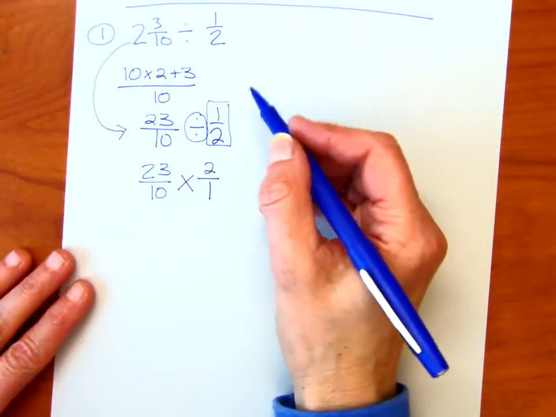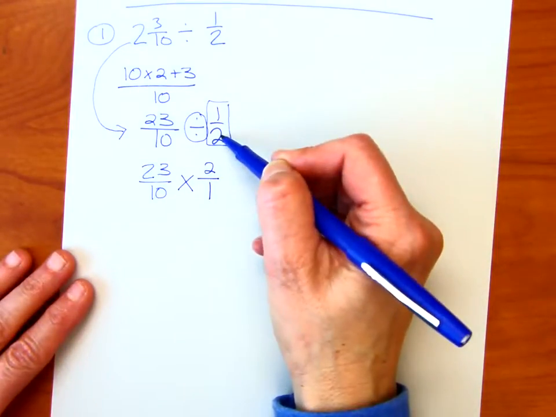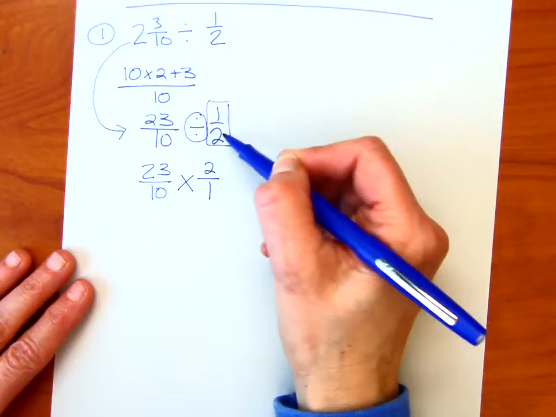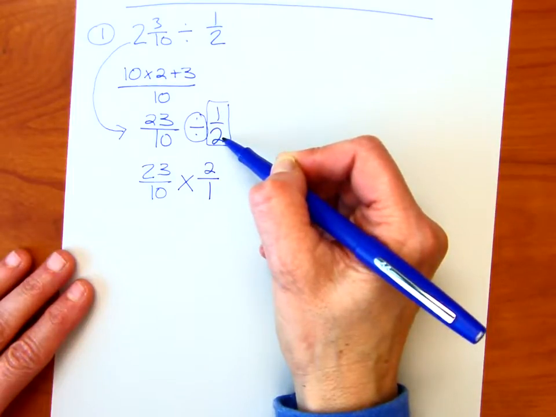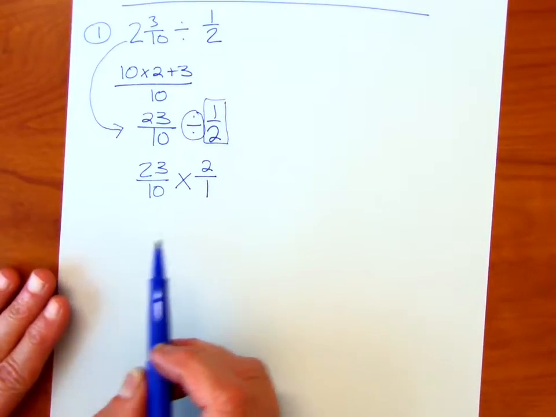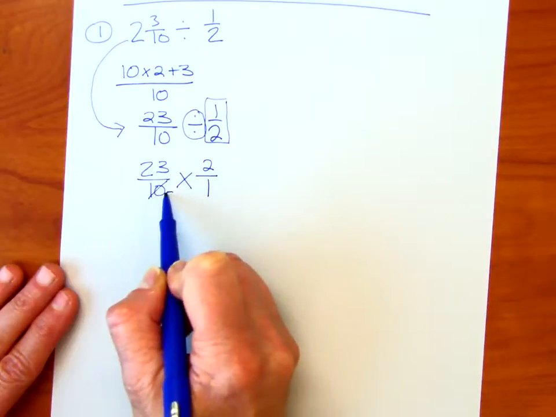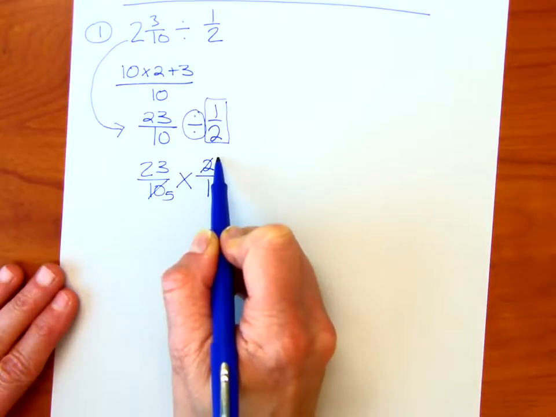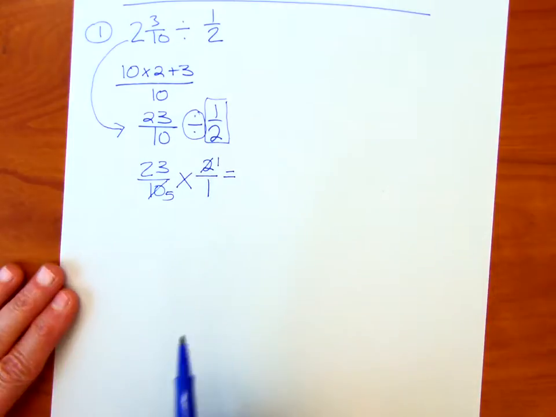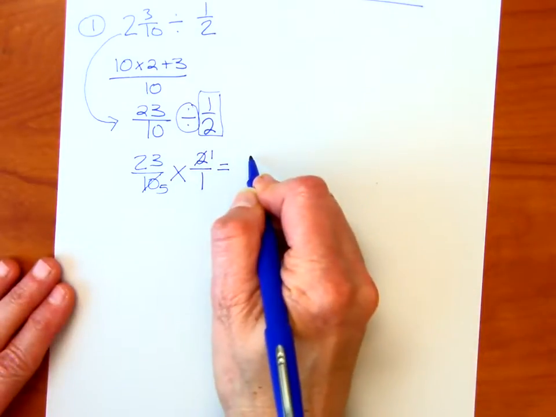Remember, taking the reciprocal is basically flipping the places, so the 2 is now in the numerator and the 1 is now in the denominator. Before multiplying, you always want to see if you can reduce, and it looks like we can. 2 goes into the 10 5 times, and of course 2 goes into 2 1 time. And so we could go ahead and just multiply straight across. That's going to give us